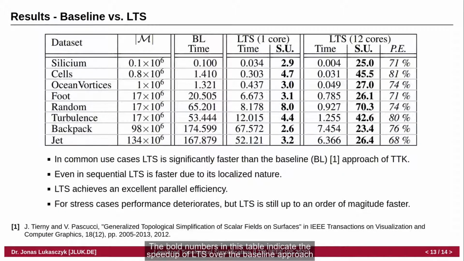The bold numbers in this table indicate the speedup of LTS over the baseline approach of Tierny and Pascucci. LTS is across the board significantly faster than the baseline approach. Even the non-parallel version of LTS is faster, as it only processes the parts of the domain that actually need to be simplified. In parallel with 12 cores, LTS is at least 20 times faster and achieves an excellent parallel